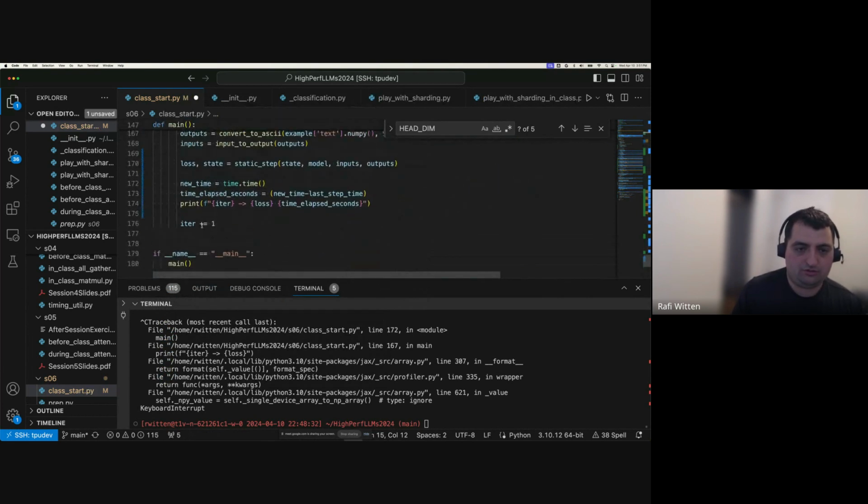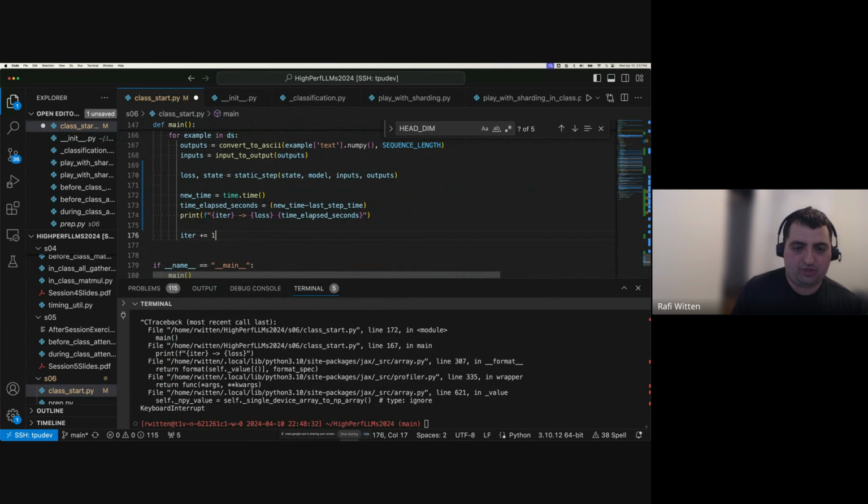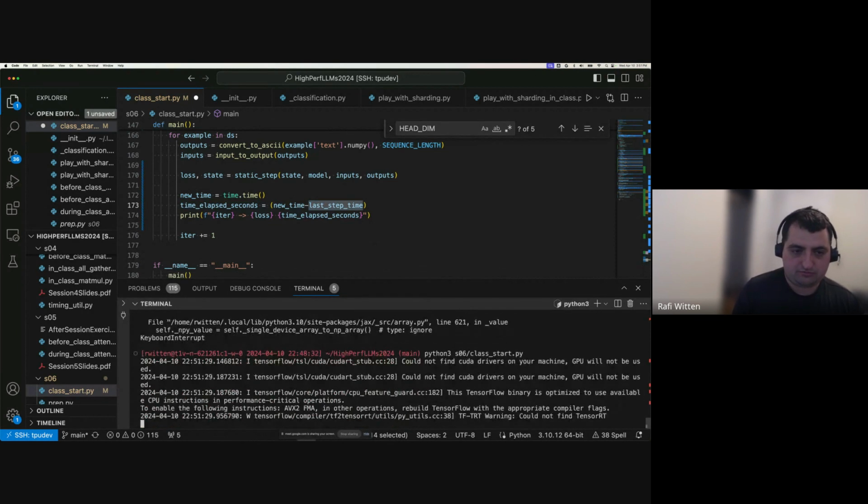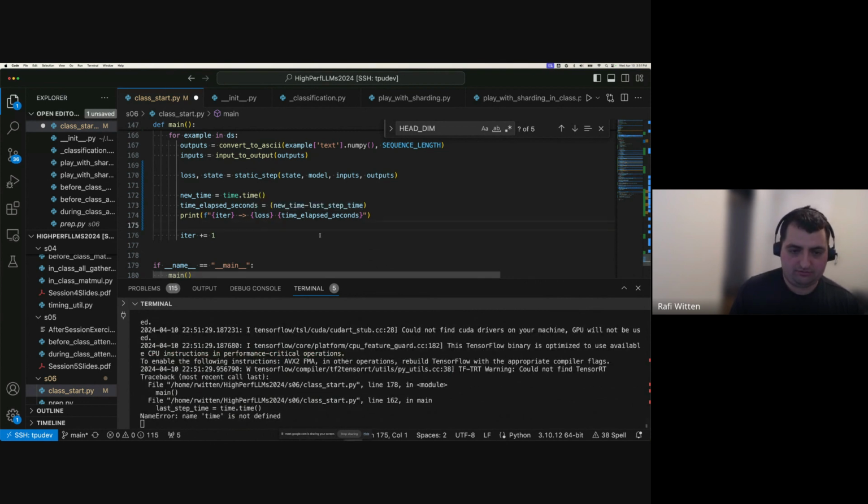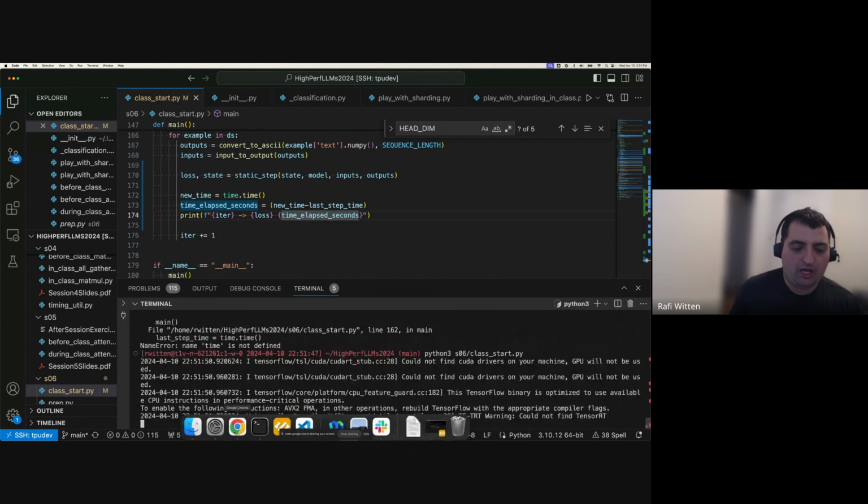Cool. And we get time elapsed in seconds: new time minus start time. Perfect. This should allow us to see how long our steps are taking. And there's actually a really interesting thing. I think I didn't save after importing time. There's a really interesting thing, if you think about how this code is going to run,